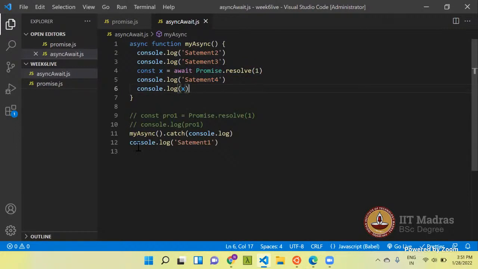So the control automatically goes here and starts printing the statements here. Let's make it 10 and run it first.